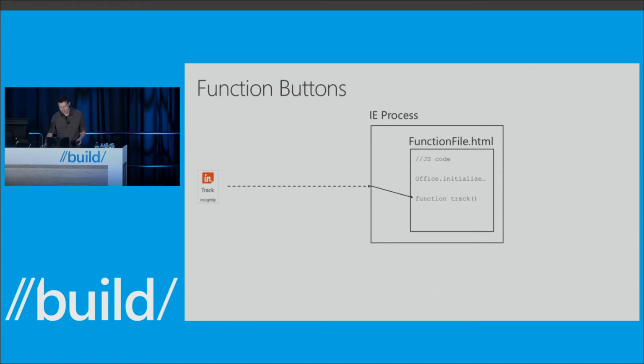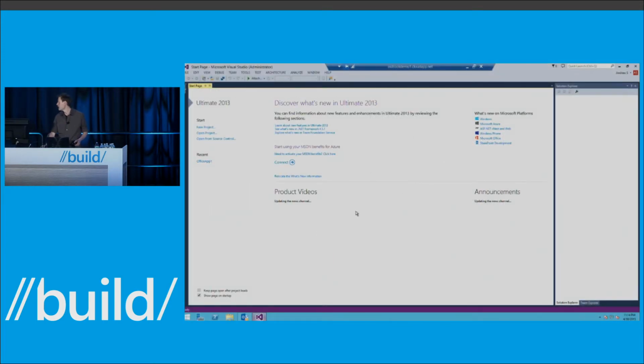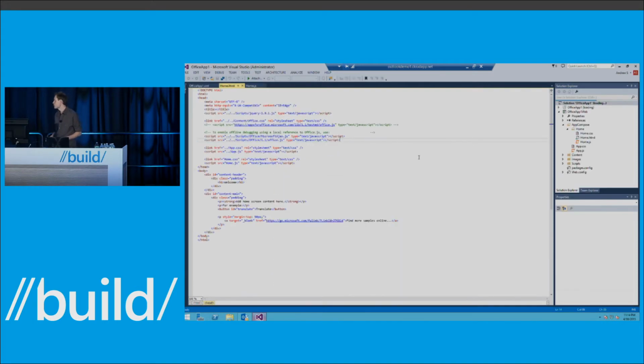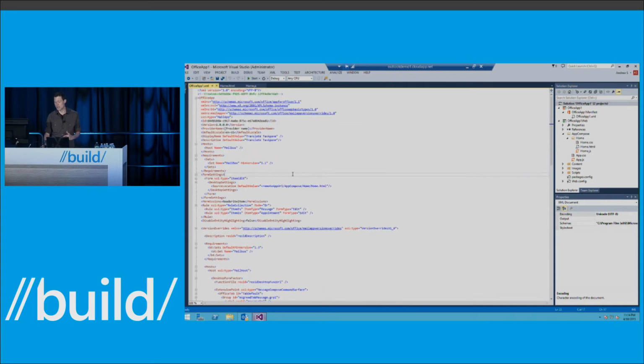So let's actually take a look at the code to see how we can build one of these. So we're looking at Visual Studio now. And I'm going to load up one of my pre-created add-ins to go through the way that it works. So I'm going to load up the manifest for this add-in. I already pre-created it, and then we'll walk through the JavaScript and also the